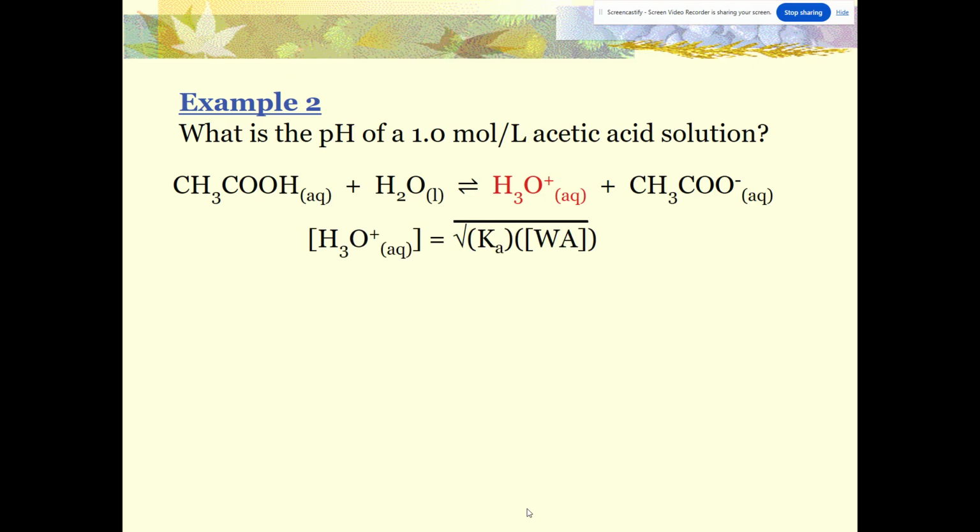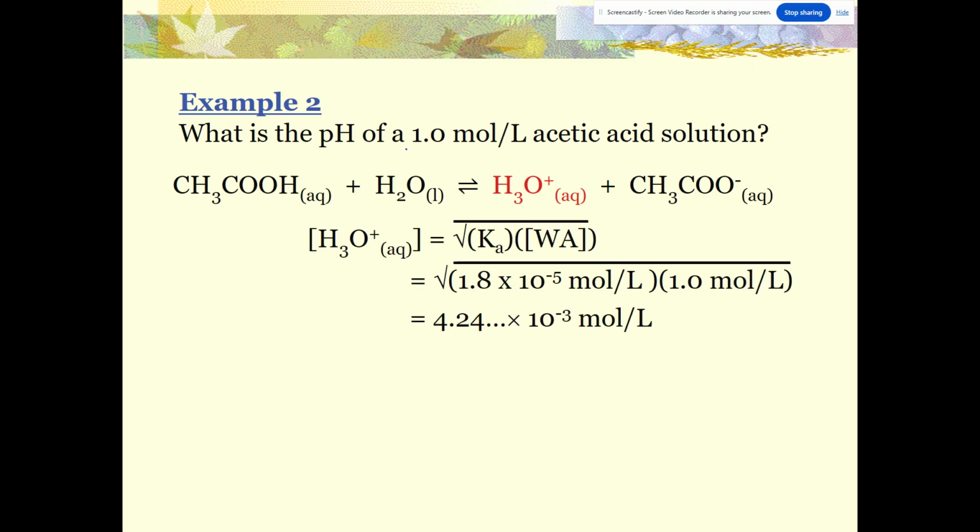Let's look at another example. Same acid, we're just doing a different concentration of that acid. So our Ka is still the same. This is the concentration of the acid. Again, this is a weak acid. When I calculate the concentration of the hydronium ion, it's 1.8 times 10 to the negative 5 times 1 square rooted. And then again, to find the pH, I just need to take the negative log of that unrounded answer. So hit negative log answer on your calculator, and you're going to get an answer of